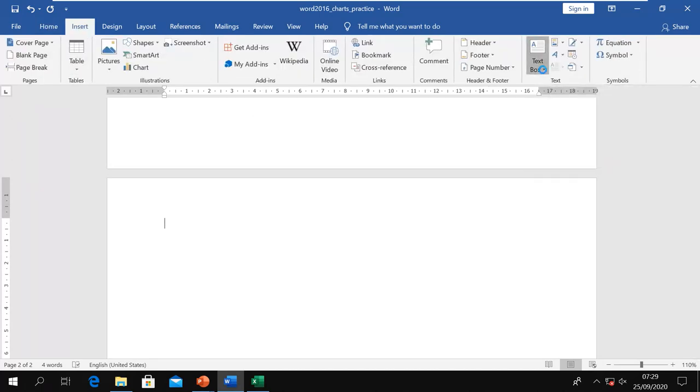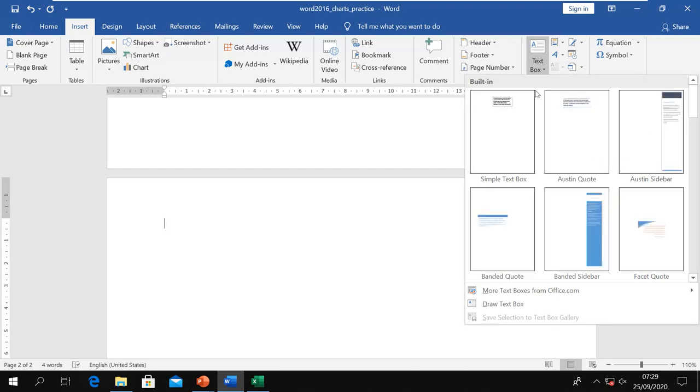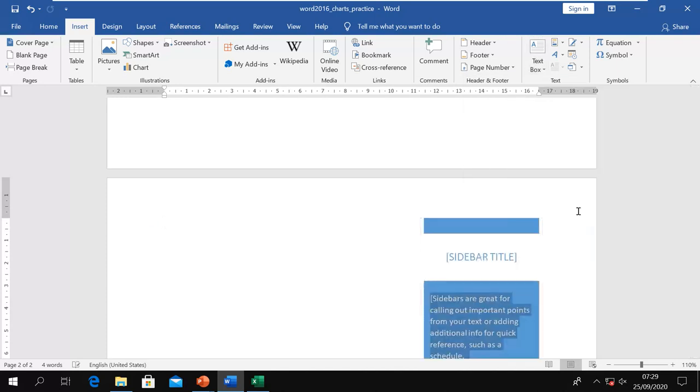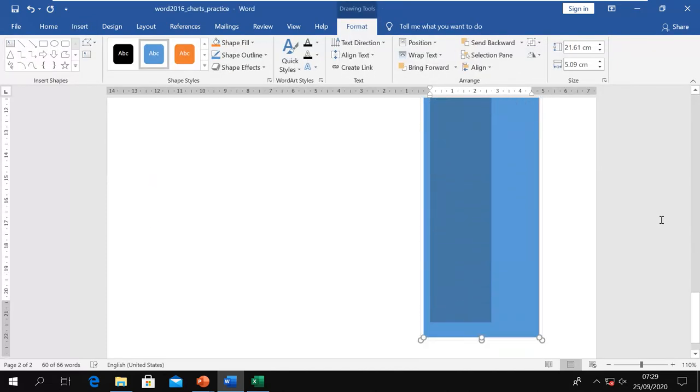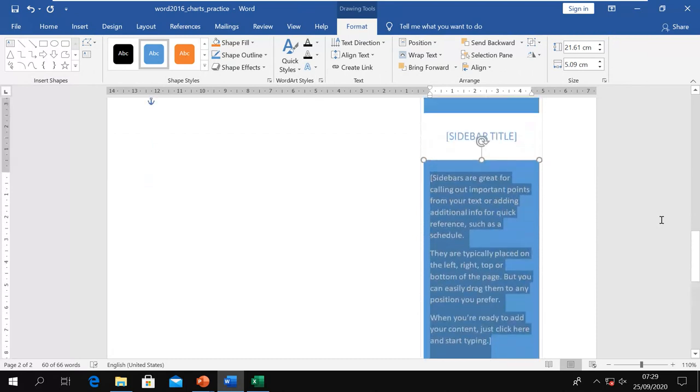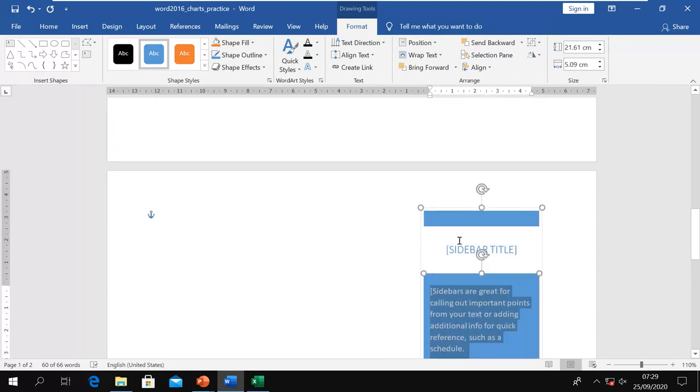If I click on this drop down, it gives me these predefined options, and they come at a set position too. Like I want to select this one, so when I select this, you can see the box came here at the specific position with some specific color and formatting.